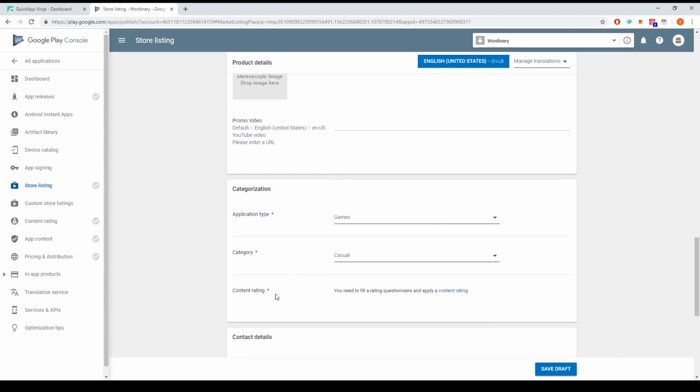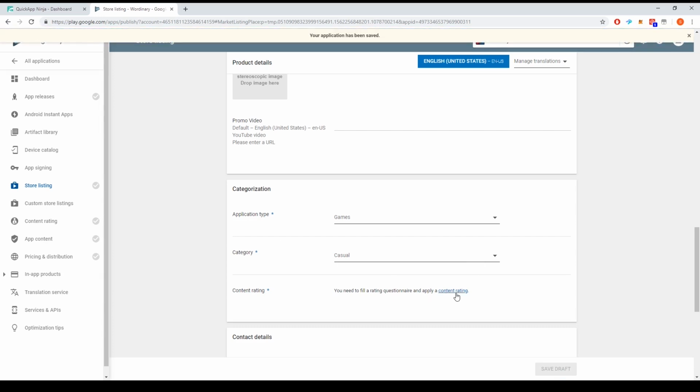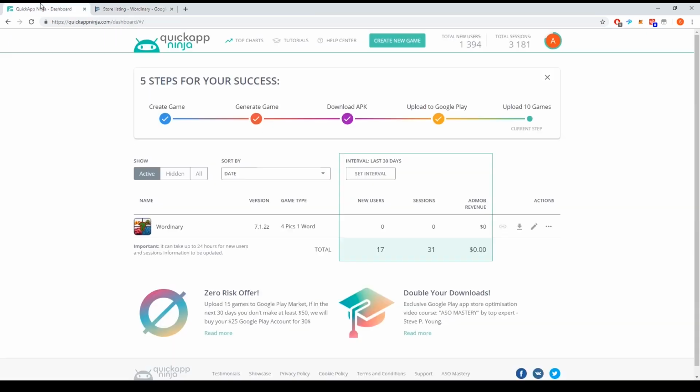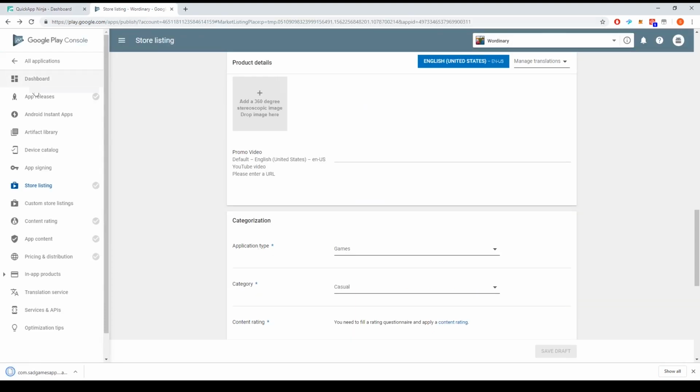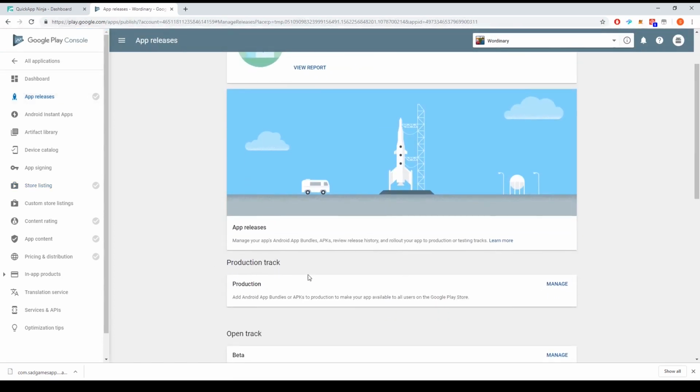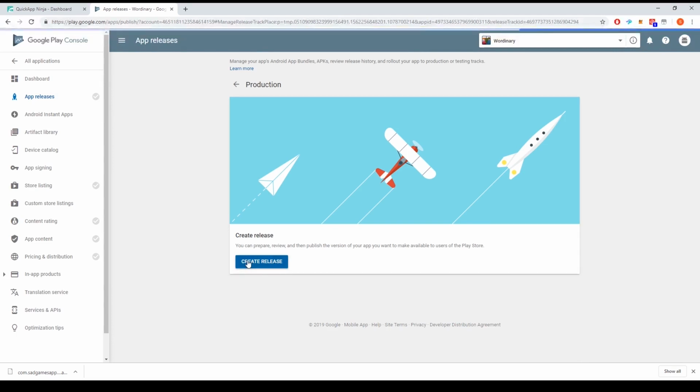Okay, now for the content rating, we need to fill another form. So for now, press Save Draft, so we make sure everything is being saved, so we won't lose what we've done so far. Before applying the content rating, we need to upload the game on the website. To do that, go to Quick App Ninja and download the game's APK. As you can see, it's here. And upload it here on Google Play Store on App Releases. We are going on Production Track, click Manage, Create Release,